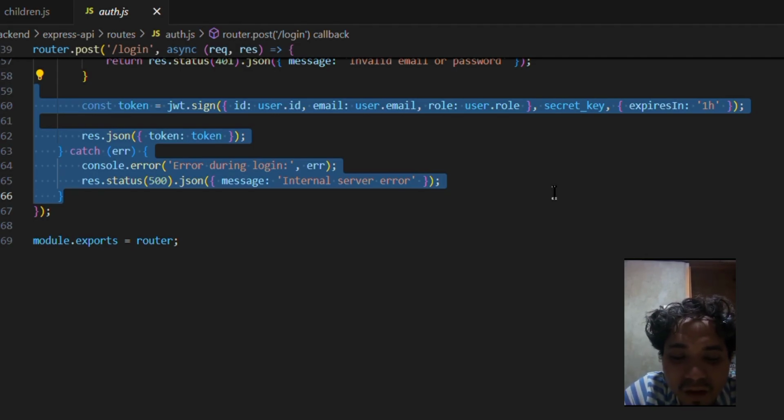If the password is correct, we sign a token with the user ID, email, and role. The token is valid for 1 hour and can be used for future authenticated requests.